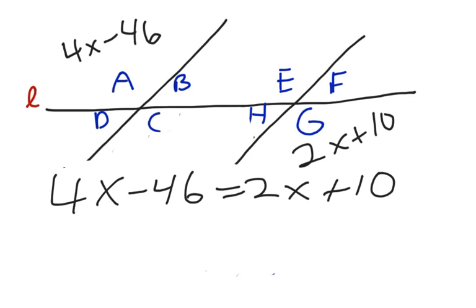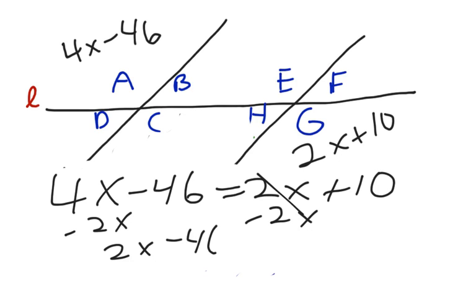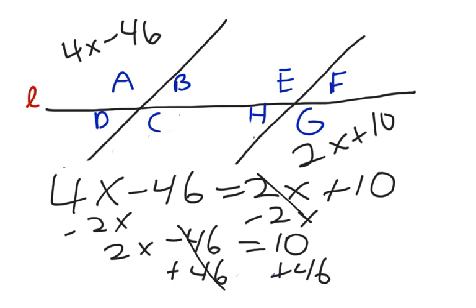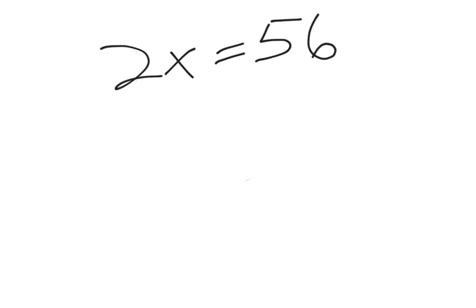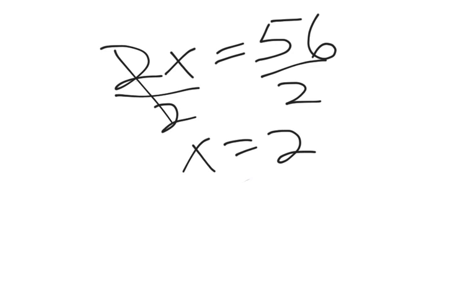So setting those equal to each other, I'm going to subtract 2x from both sides, and I get 2x minus 46 equals positive 10. Add 46 to both sides, and I'm going to be left with 2x equals 56. And then I'm going to divide both sides by 2, and x is going to be 28. It's not at degrees yet until we plug it back in. So if x is 28,